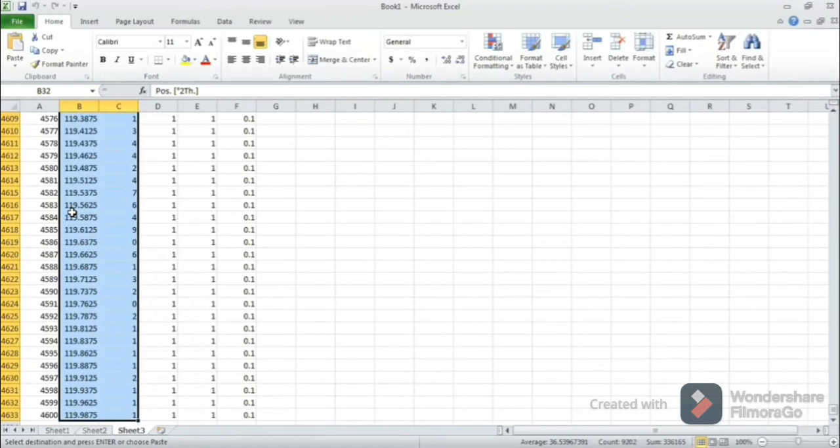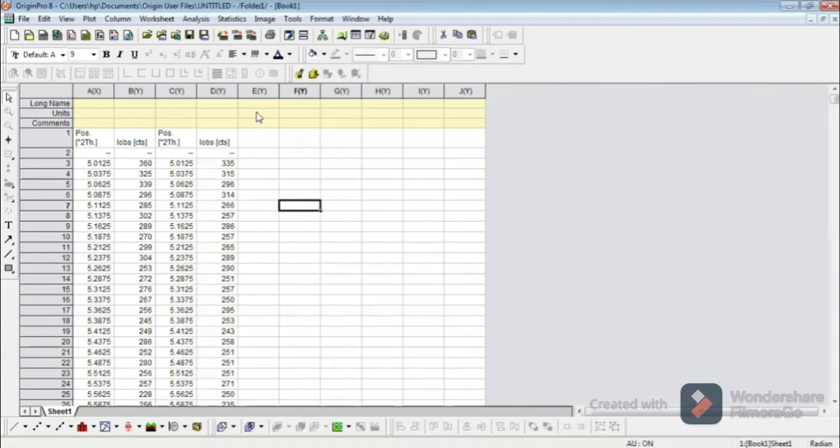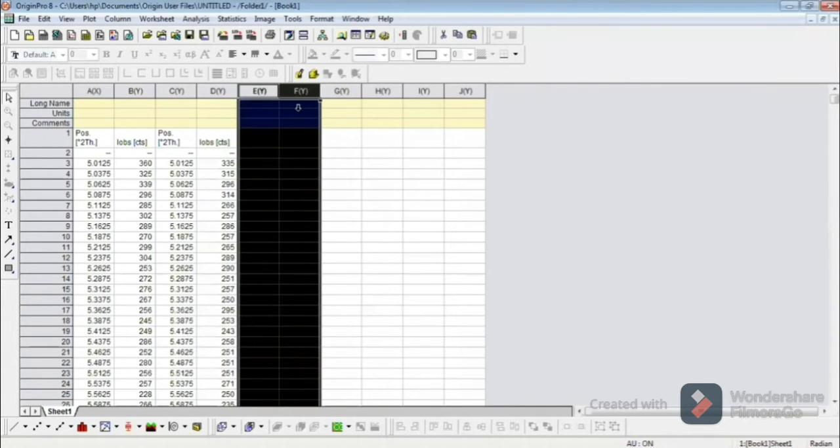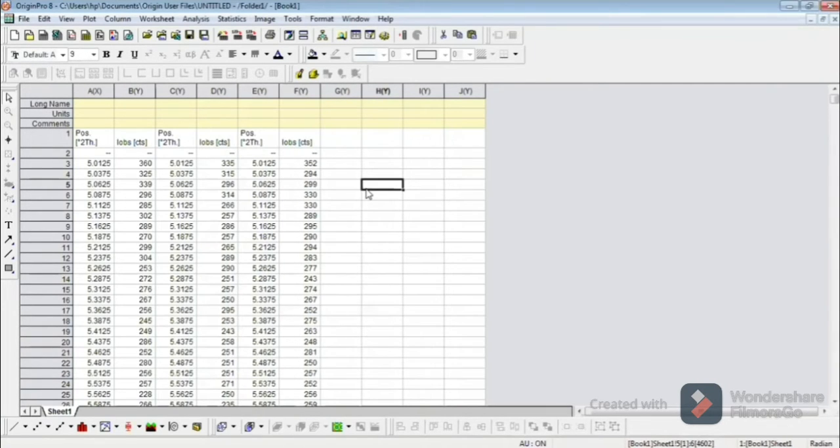Then press Ctrl C for copying the data, open the Origin file again, select the E and F columns, and press Ctrl V to paste the data.